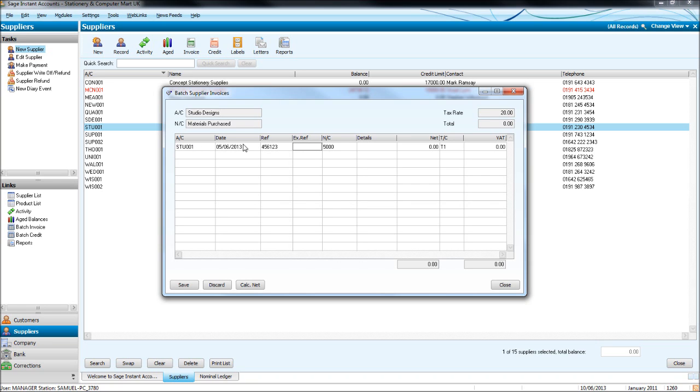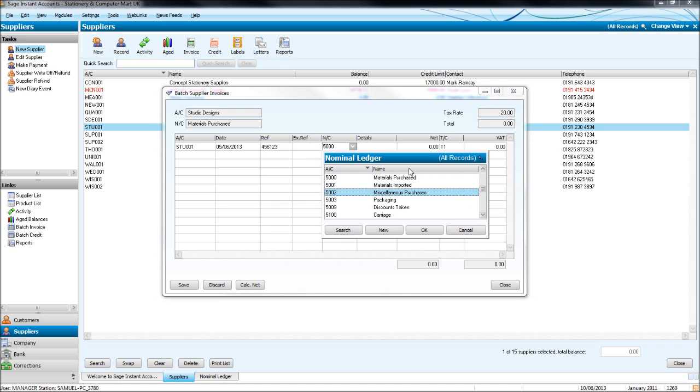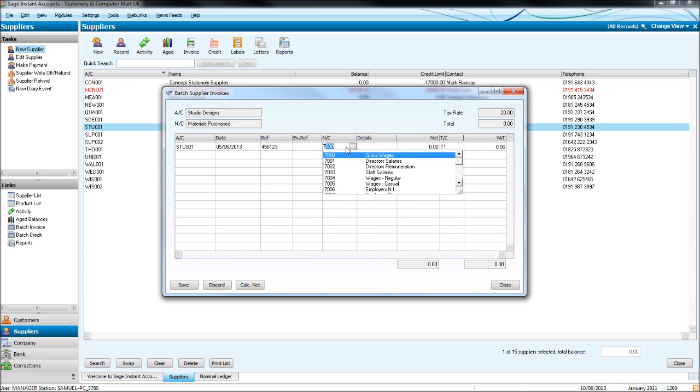you may have an external reference, probably won't, 99% of the time it's going to be blank. The nominal code, this is the nominal code that will come up by default if we have set it. If we haven't set the default or we need another nominal code, there's a drop down menu where you can search, but if you know the nominal code you can just type it in and the drop down menu will bring the list up below you. So 7602 consultancy fees, and I'm just going to put consultancy